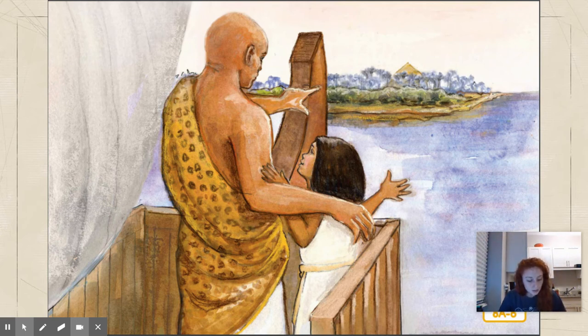The top of the pyramid shone brightly. It's like the sun, Father, Oweru exclaimed. That is because the top of it is covered in gold, so that